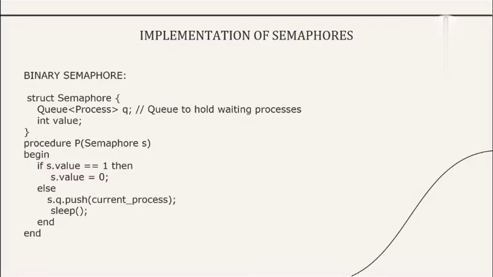In this slide, let's see the implementation of binary semaphore using this pseudocode. A semaphore is a struct with two fields, a queue named process for processes waiting and an int value initially set to 1 for availability. The P procedure acquires the semaphore. If the value of the semaphore is 1, it locks it by setting value to 0. If not, the current process is pushed into the waiting queue and it sleeps until it can acquire the semaphore